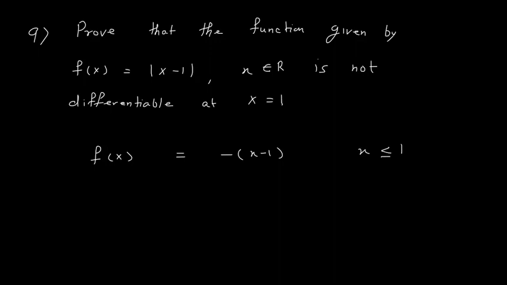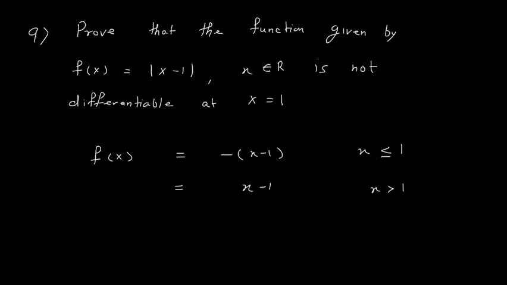Now when x is less than or equal to 1, you get this x - 1 value as a negative value. To make it positive, we have to multiply by minus, as the function is a mod function which always gives me a positive value. So I will say that f(x) is -(x - 1), which you can say is 1 - x. Now second, when x is greater than 1, in that case this is x - 1 only, as x is greater than 1, so this will give me a positive answer only.